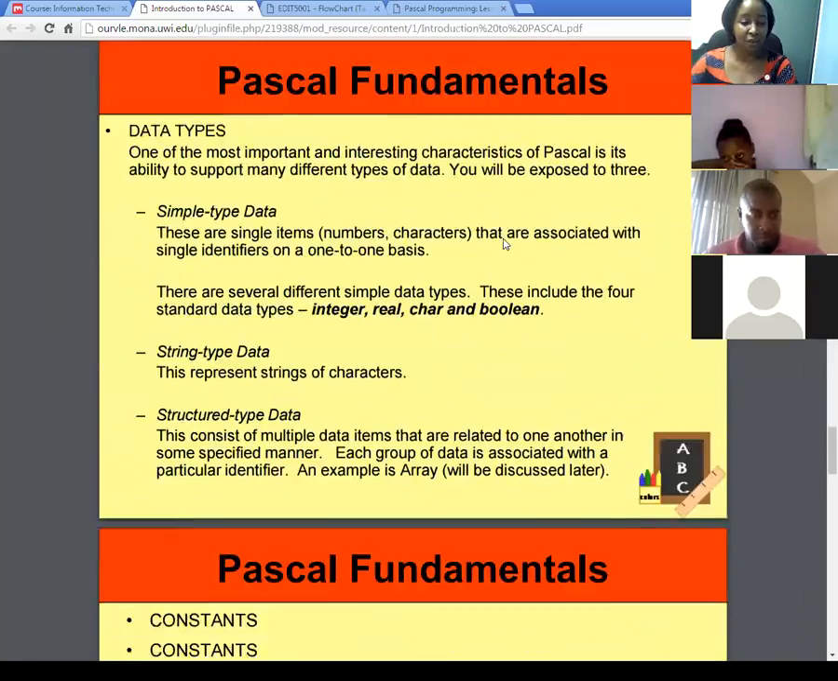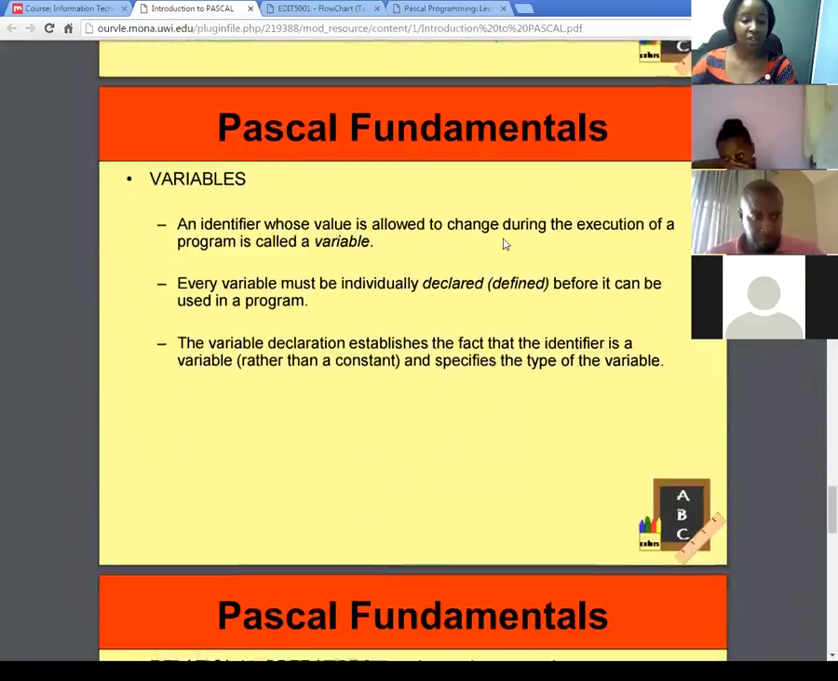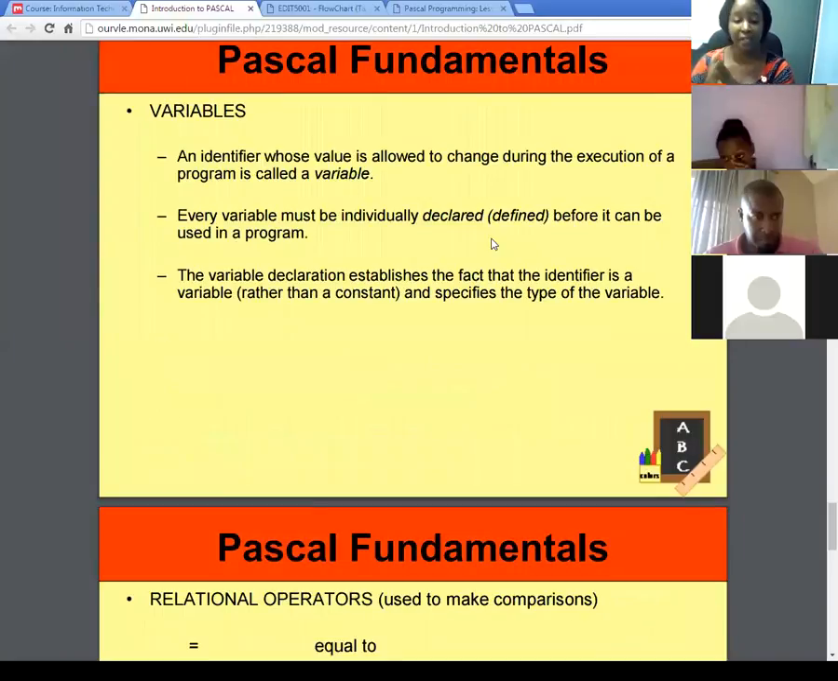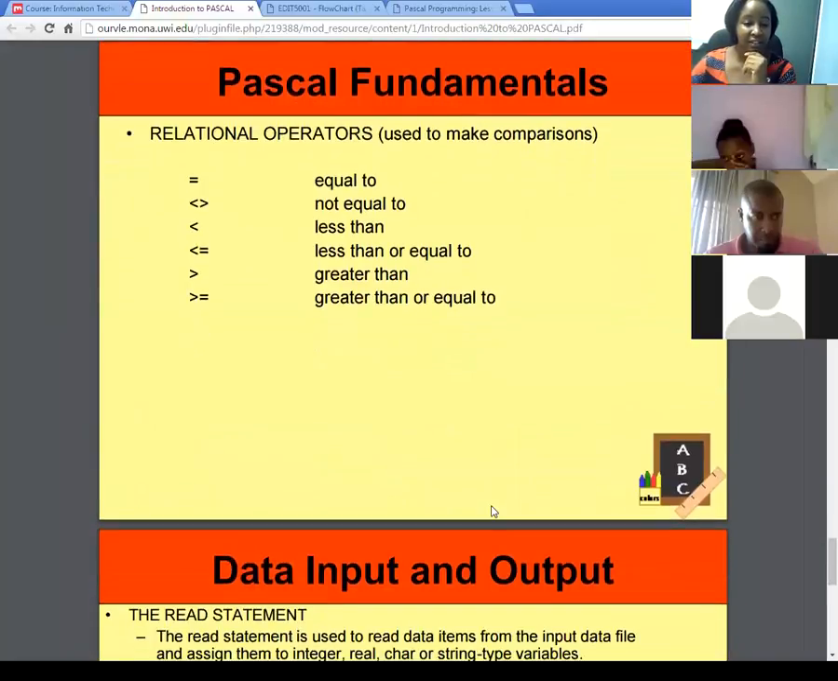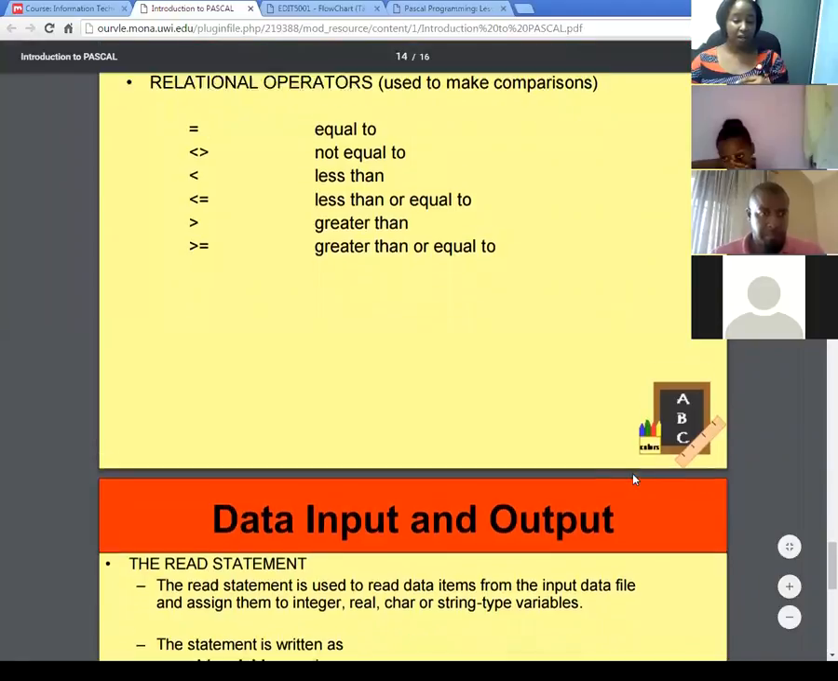There are also what you call relational operators. Right, here they are. Relational operators. So we have equal to, not equal to, less than, less than or equal to, greater than and greater than or equal to. So these are also operators that we use, right? All right, now,